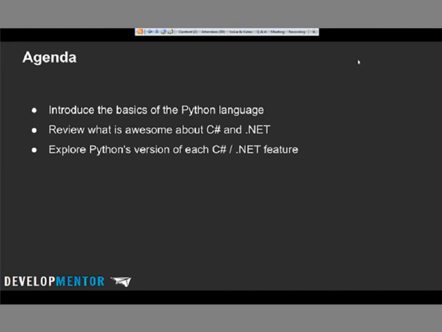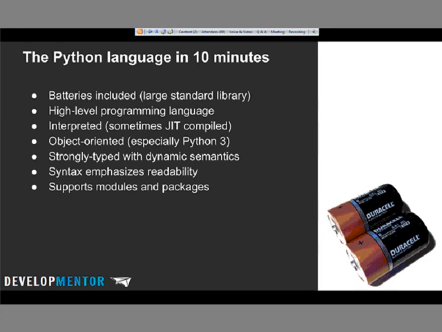Okay, so first of all, what is Python? Well, Python is a high-level programming language, like Ruby, not too unlike .NET, C# rather. It's interpreted, however, most of the time. The default implementation of it, the default runtime, if you will, of Python is interpreted. But you'll see that it doesn't have to be interpreted. You can get an alternate runtime that actually does JIT compilation. We're going to dig into that, the different runtimes you can choose, quite a bit later in the talk. But there's actually some interesting choices you can make there. But you should probably mentally think of it as an interpreted language.